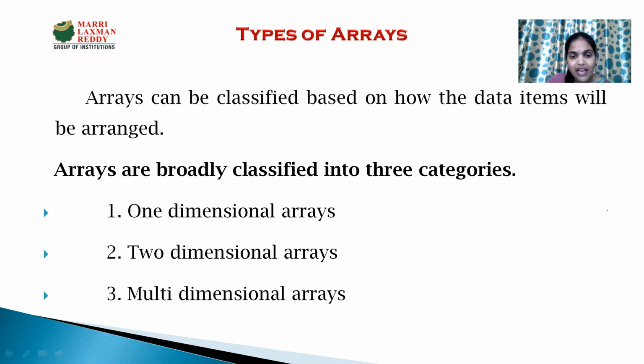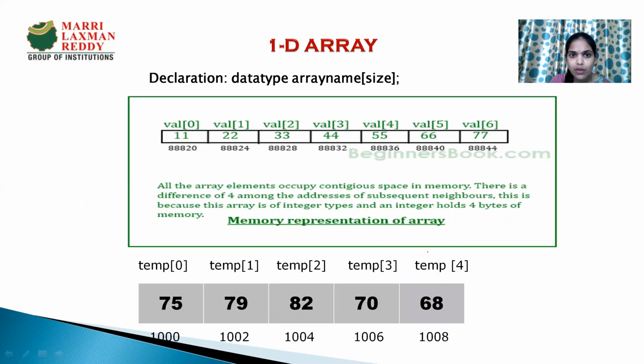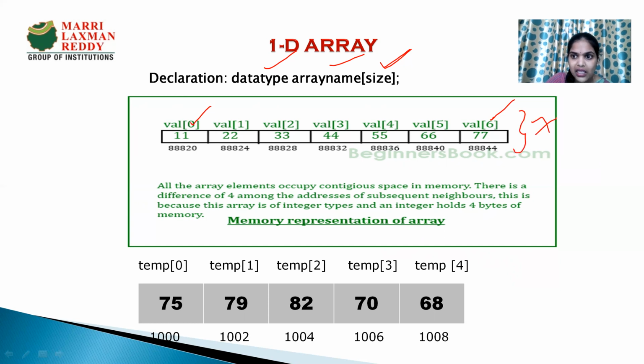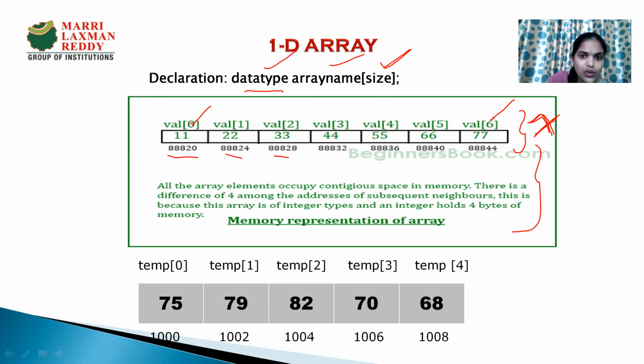These arrays have been broadly classified into types: one-dimensional array, two-dimensional array, and multi-dimensional array. One-dimensional is a normal array where we declare with data type, array variable, and size, that is, the maximum values we want to store. The array index starts with 0 and ends with n minus 1. Here an array is storing 7 elements in sequential order, of a fixed type depending upon the data type we give. This is the memory layout of how the values are stored into the array, and this is the address of where these values have been stored.